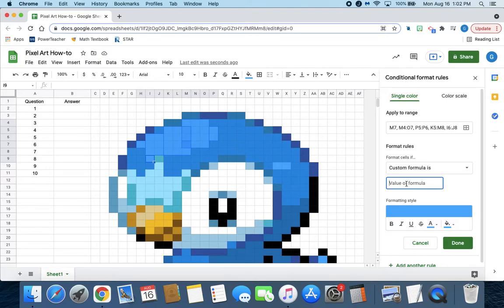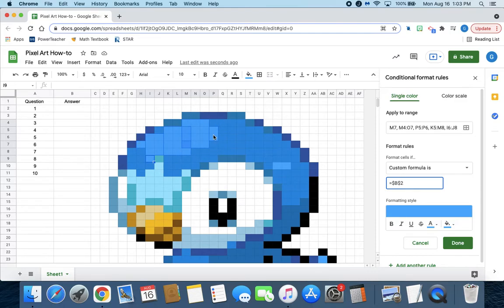The coding for this is you hit the equal sign, then the $ sign, then the letter B capitalized, then another $ sign, and then the number of the cell listed over here on the left-hand side. So question 1 is in column B, which is where the B came from, and then it's row 2. So we're going to put a 2 to show it's this box right here is the one that when we type in the answer that we're going to provide,